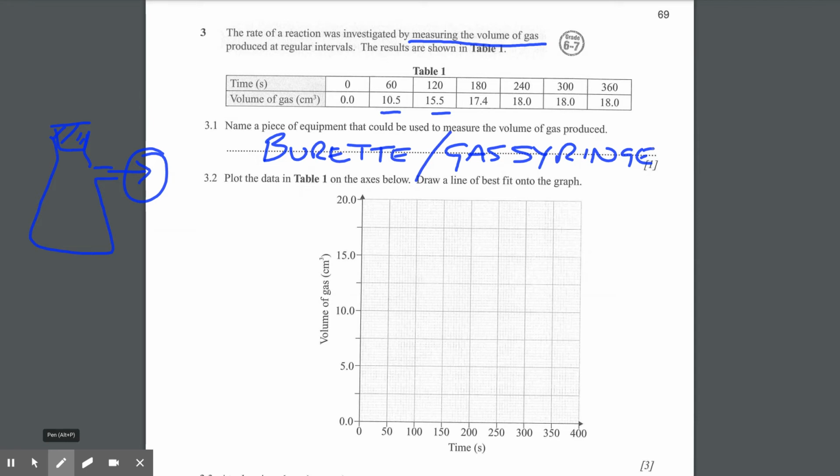So they do the experiment, and as you can see, measuring the time every 60 seconds, they are then recording a series of values, and so you have to plot the data. So there's a point at 0, 0, and a point at 60 with 10.5, a point at 120, 15.5, 180, 17.4, be about there. 240 will be at 18, I'll be again about there,